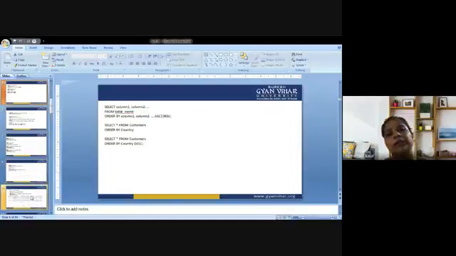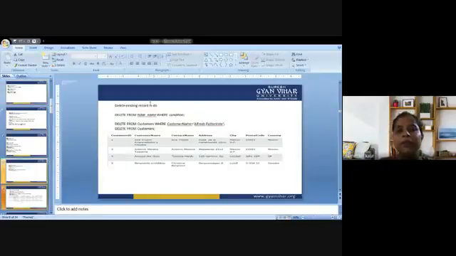Next, we have done sorting, that is based on ascending order or descending order with the help of the ASC keyword and DESC keyword. Next, we have discussed delete. What is the role of the delete command in SQL? That is to delete the existing records, how we can delete the existing records, and what is the practical example of the same. This is all we have already discussed.